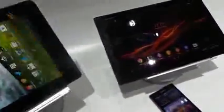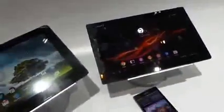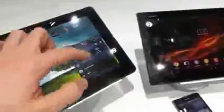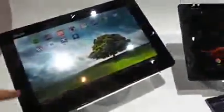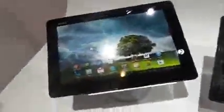As far as the user interface of both devices go, let's just redock the Padfone, and we can take a look at this very, very stock version of Android. So Android purists out there might actually prefer what Asus offer. It's got a few customizations in terms of quick settings, and the same can be said for phone. Pre-installed applications and widgets. However, it is not going to be as thought through as what Sony have done in